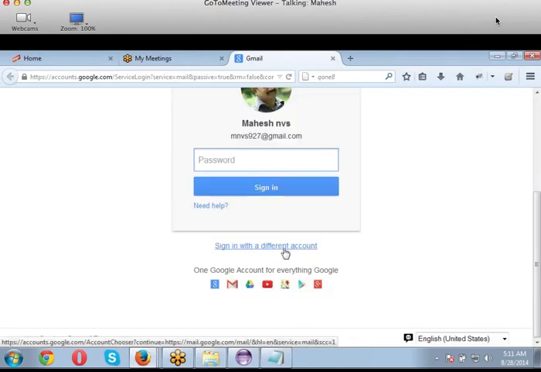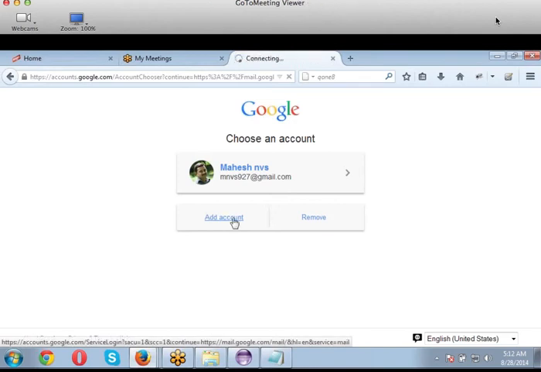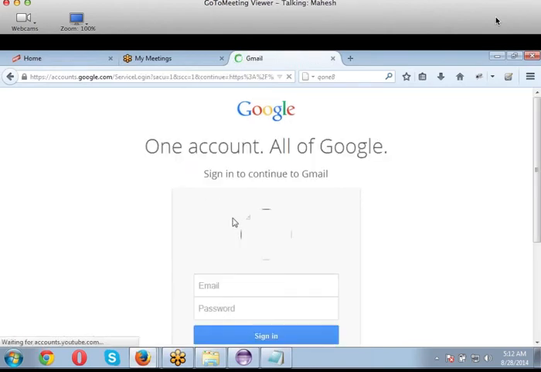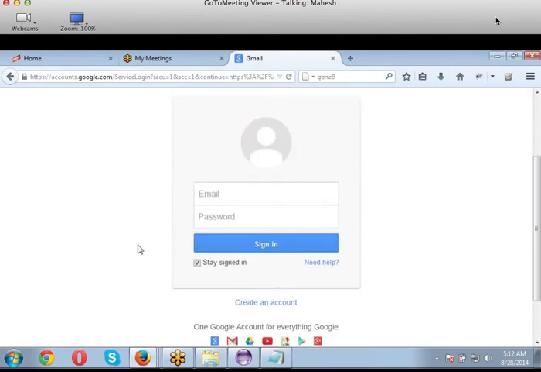I want to know the names of my text box and password field, because I have to enter my username and password there. Unless I know the object names, I cannot access them. If I want to know the object names, what is the tool we need to use? Firebug.